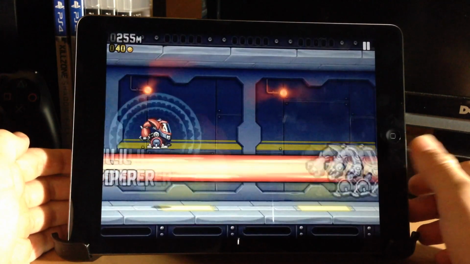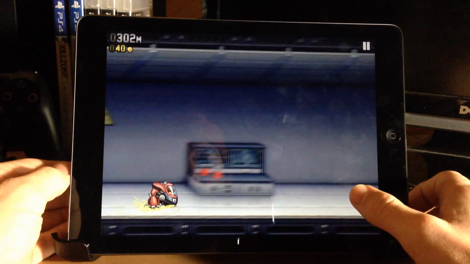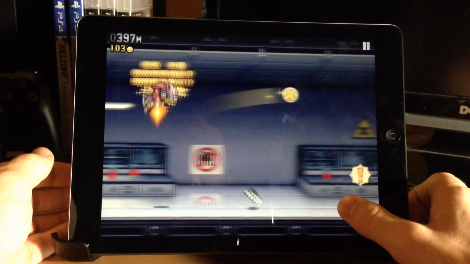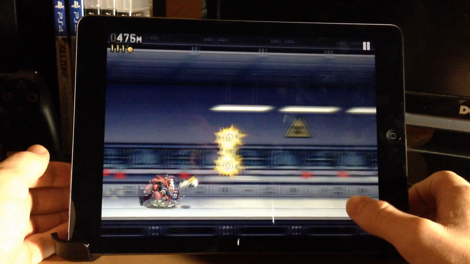Now there's these cool little things like this. There's a bunch of these. I'm not sure how many there are. This is a little stomper, and it actually gives you an extra hit. If you get hit once, then you're done. But if you're in one of these, then you get an extra hit, and it takes you back to normal